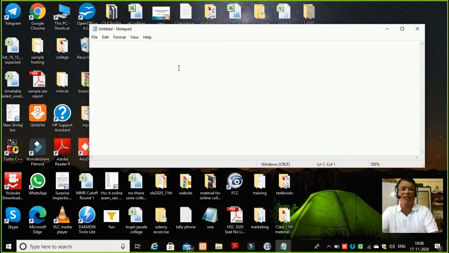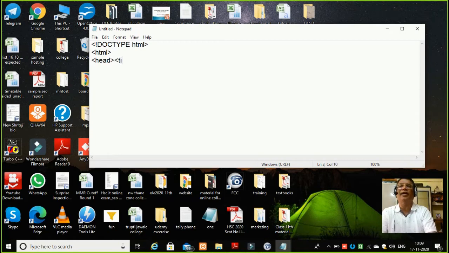Now, this is HTML5 code, so I will write here exclamation mark DOCTYPE html. Then I will write html, then head. And students, I am going to write some program over here.